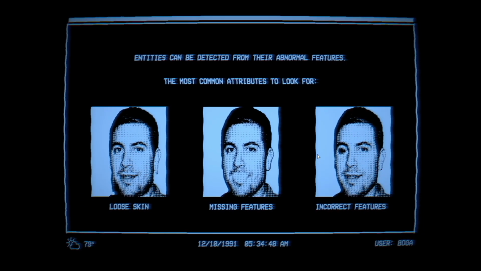Further classification of doppelgangers can be made by observing the abnormal features. For example, skinwalkers always have loose skin. However, identification is covered in a different module. Using your cursor, click on the doppelganger amongst the humans. Begin.